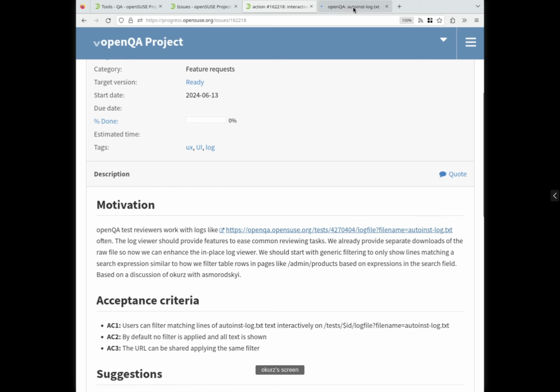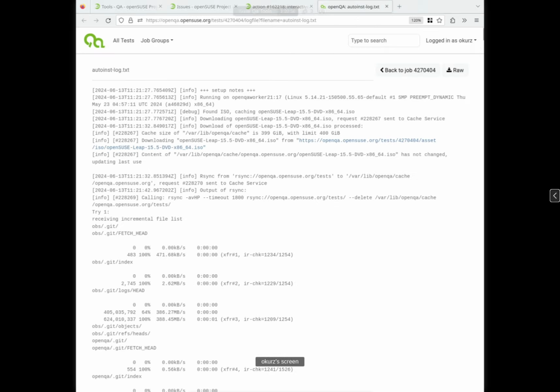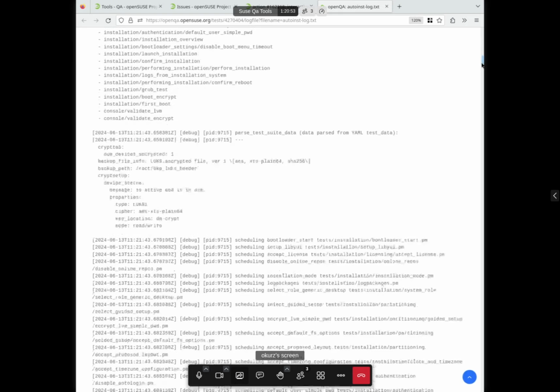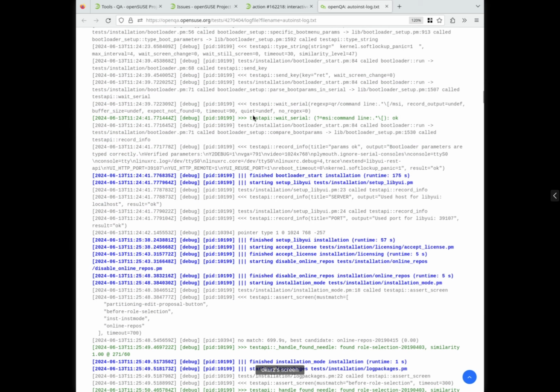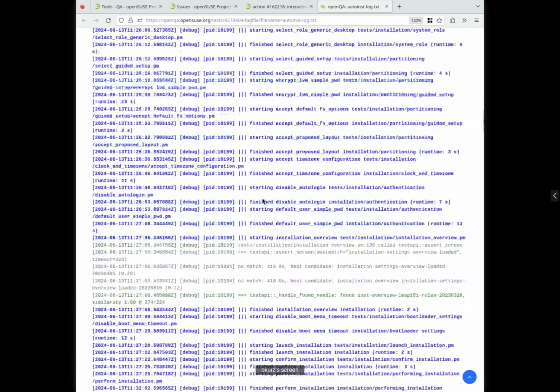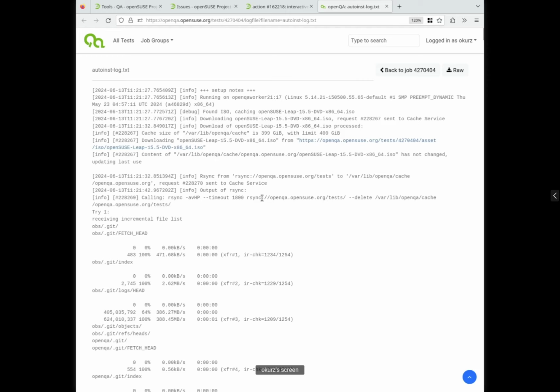But if we just take a look into one log file, I mean, it's already colored. So you can see here, there are some messages showing up in different colors. There's green, there's gray, there's blue. But it's a lengthy log file and one cannot use advanced features which we would like to include here.